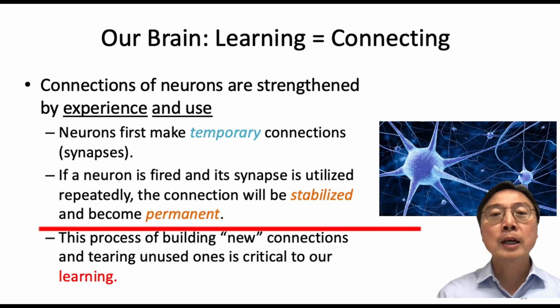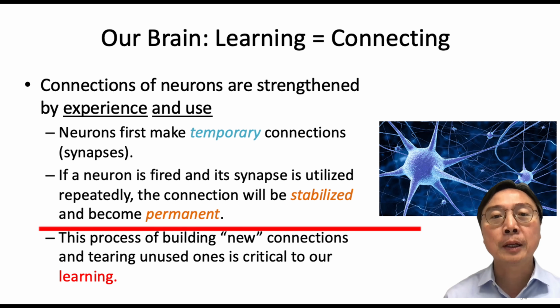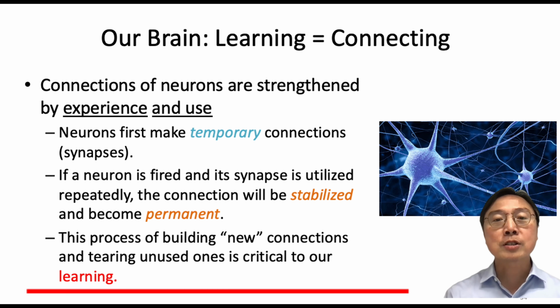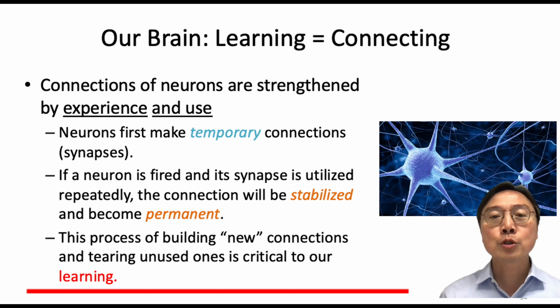With this kind of stimulation propagating out repeatedly, the connection established by this synapse will become stabilized through this strengthening, and become permanent. Okay, then we start to have some permanent skill learned, some permanent memory learned. And this process of building new connections and tearing out some unused ones is a very crucial process happening in